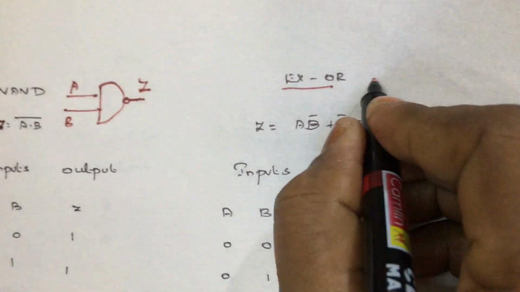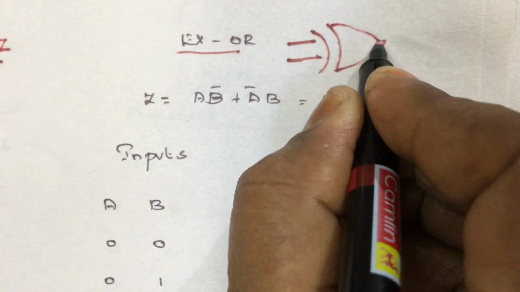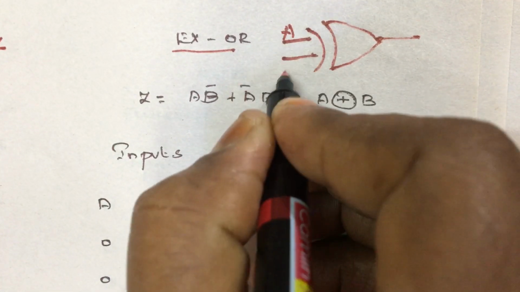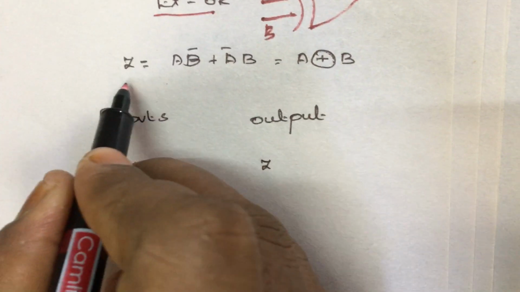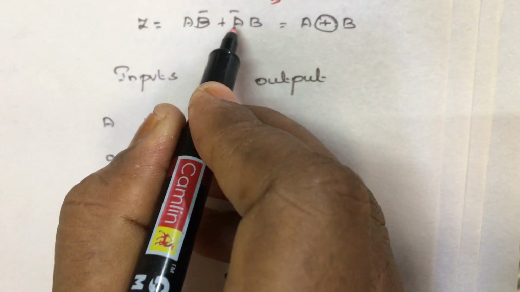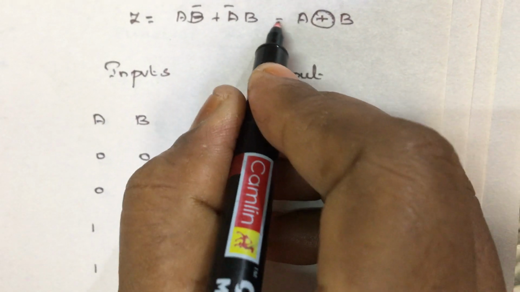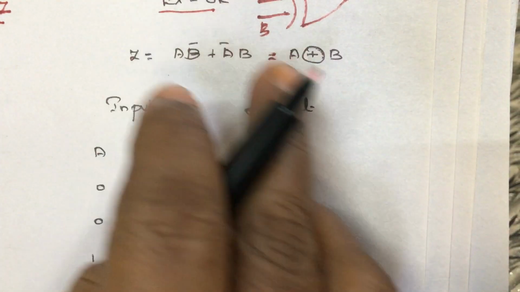And next gate is XOR gate. For the XOR gate, you have the function symbol as this. Here A and B are the inputs and the output is Z. So the function is Z is equal to A B bar plus A bar B, and it can also be written as A XOR B. And coming to the XOR gate,